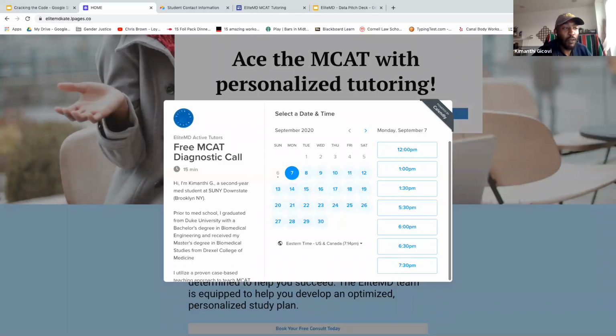I realized the best way for me to get over it wasn't to force myself to go sit there and do a bunch of passages and not do well on it. I picked a personal strategy: I bought a hard copy book and did practice passages there. And by the time I went to do passages on the AAMC portal, my anxiety had dropped.